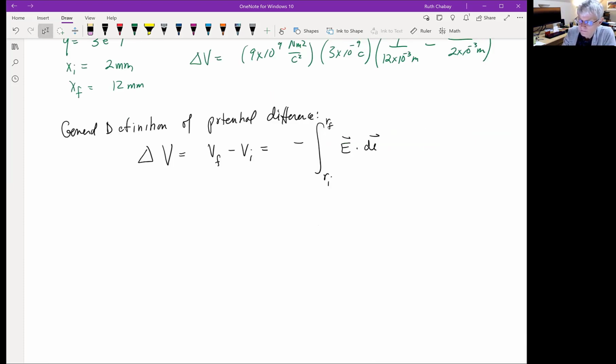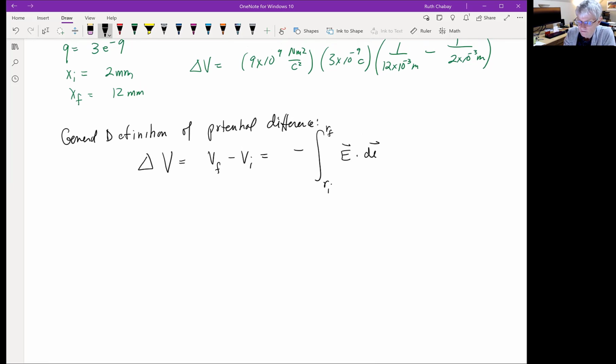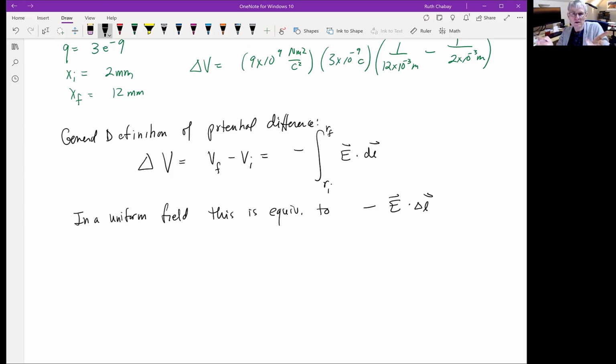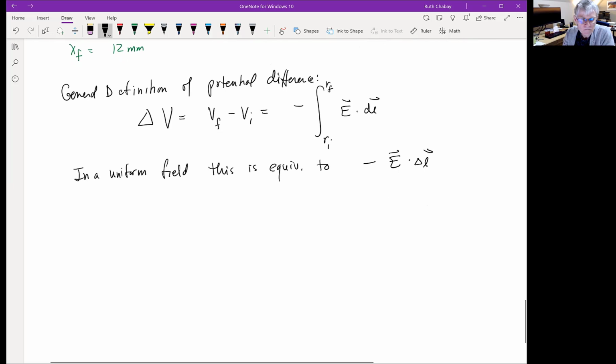So we now have our general definition. In a uniform field, this is equivalent to minus E dot delta L. We don't really need to divide the path into segments. In our situation where we had to divide the path into 3 segments, that still works. We would have needed to evaluate each segment separately. And we have a result,